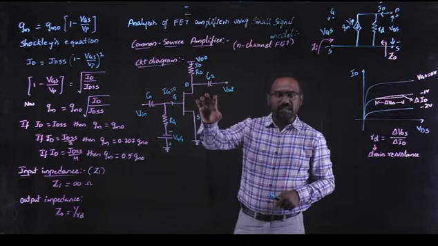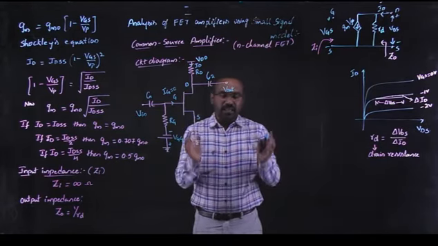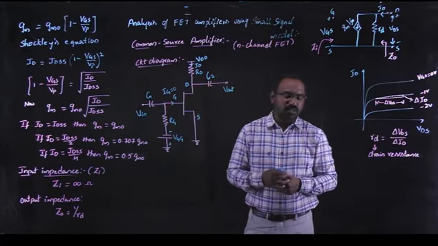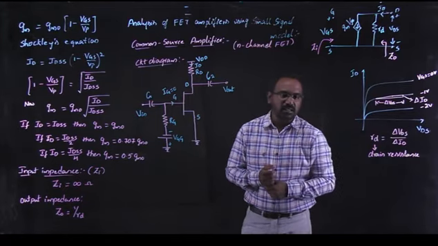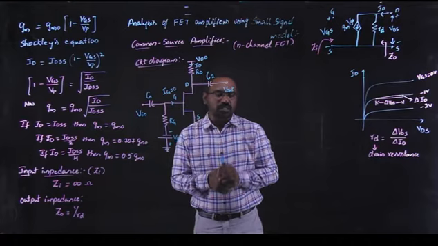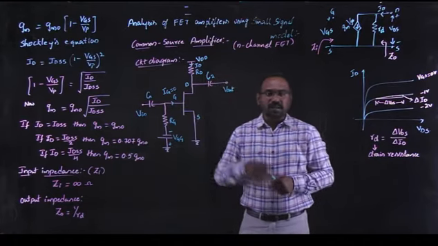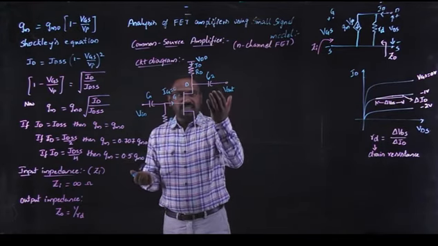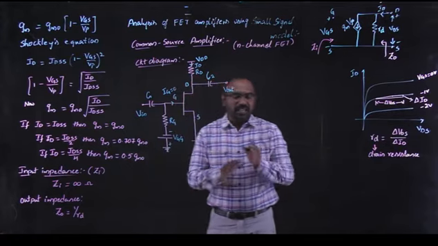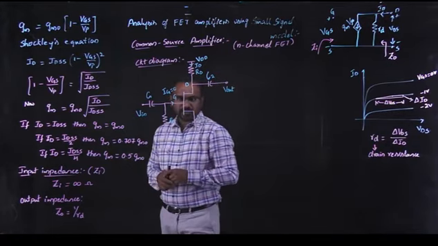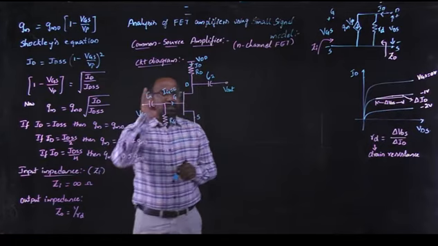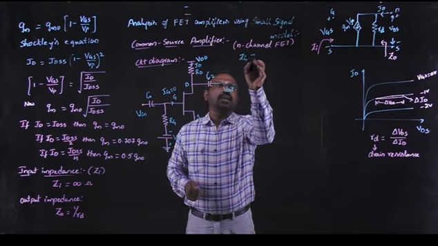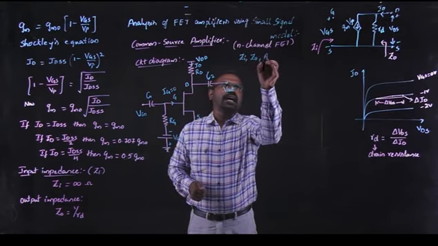But is it really infinite? No. Actually, we don't use FET amplifiers as driver circuits. We will use only BJT. Why? Because BJT will give more output current, so we can use it as a driver circuit. But FET won't give that. Theoretically what we are saying is ID by IG means infinite, but practically it is not possible. Remember that point. Right? So I am going to find out only the 3 parameters: the input impedance, the output impedance and the voltage gain.